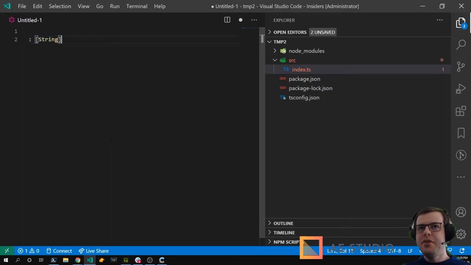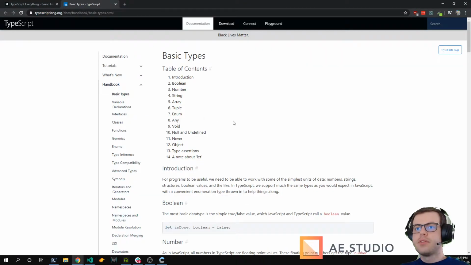But basically, my point is that it's similar to TypeScript, but TypeScript is slightly different here because for an array of strings, the string is first lowercase and the array goes after. But it's very similar to GraphQL in a sense. Oh, it is a string array. So okay, then I guess what changes is it's lowercase for TypeScript.